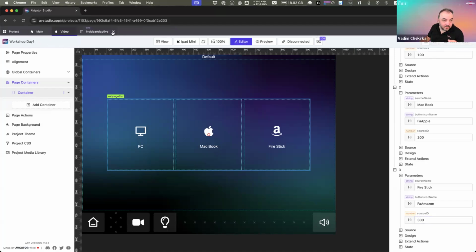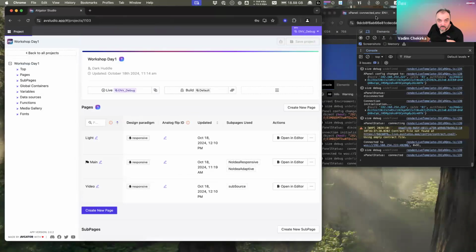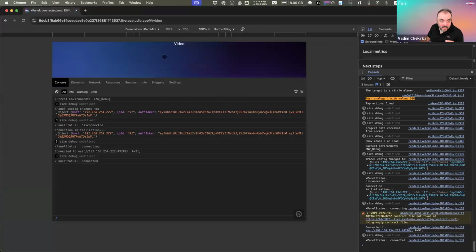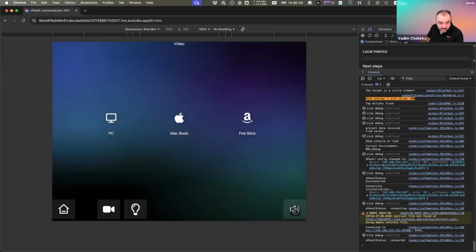Okay, let me close this whole page because there are so many. You see here in the live preview, we can switch to a different environment. And now when we go to the live preview, just imagine this is your TSW touch panel. And this is the console. That's awesome. And this button I mentioned, you can move if it appears on top of your elements. You press it and hold, like on the volume button, so you can actually move it. And what it allows us to do